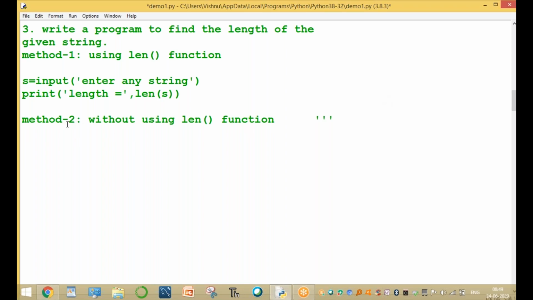Okay, without using len function. The second method is very important. The second one is without using a function.